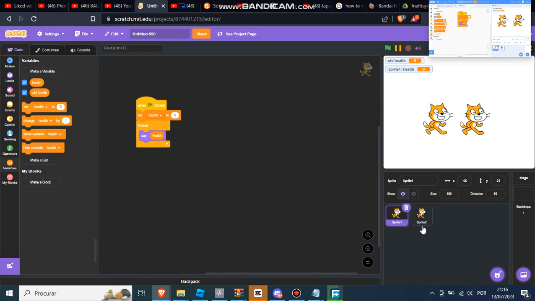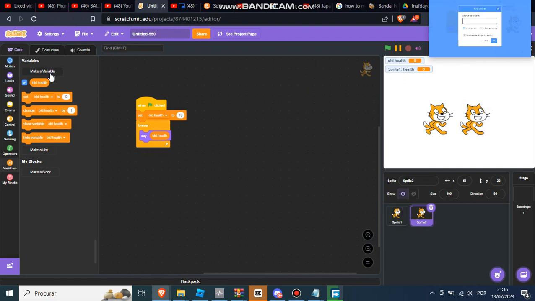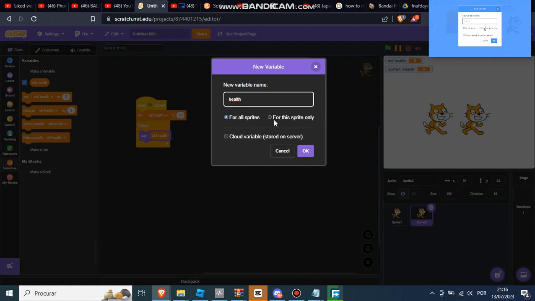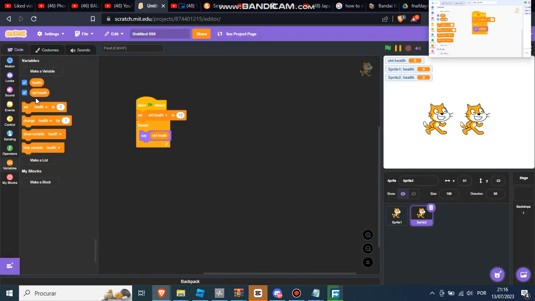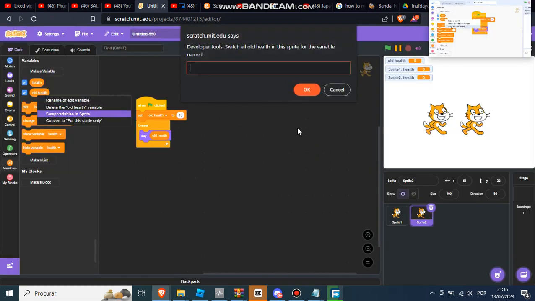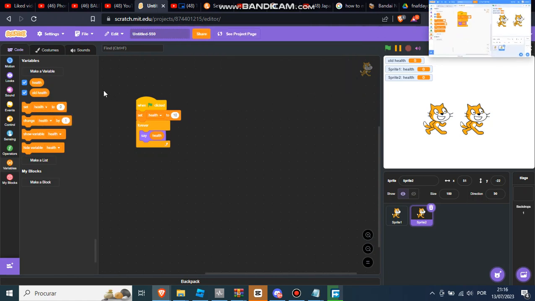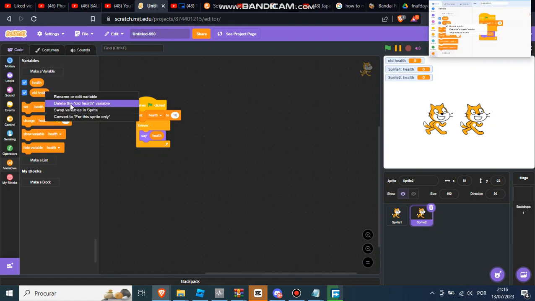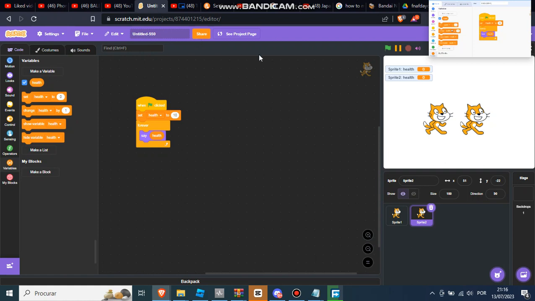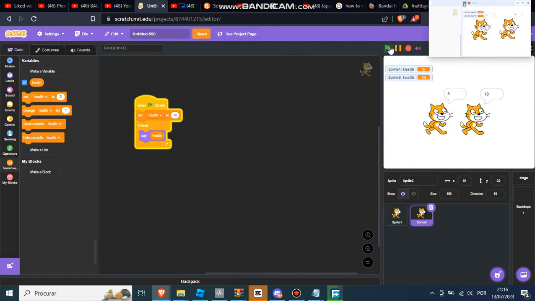And we go into Sprite 2, and we do the same again. Make a new variable health for this sprite only, right-click the old health variable name, and swap it for health. Pow! That's really enjoyable. And behold, our stage has 2 health variable reporters now, so I can delete the old health variable that is no longer used anywhere else in our code, and we smash that green flag. Behold the